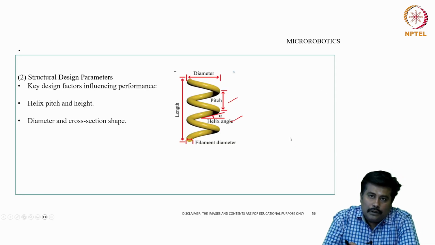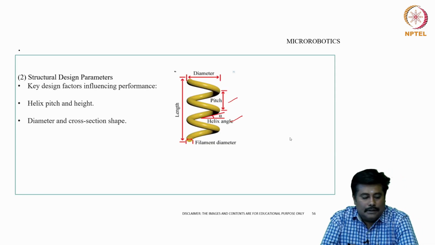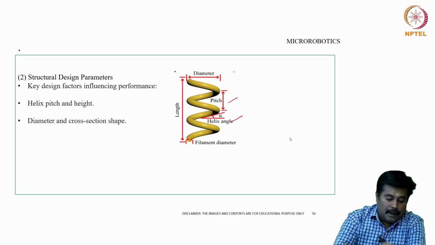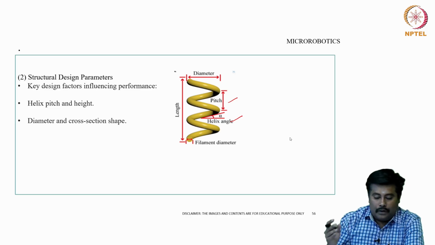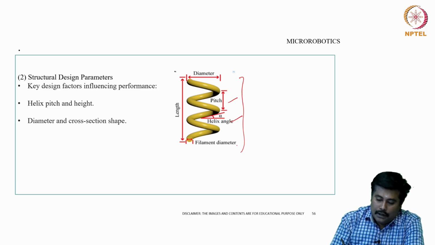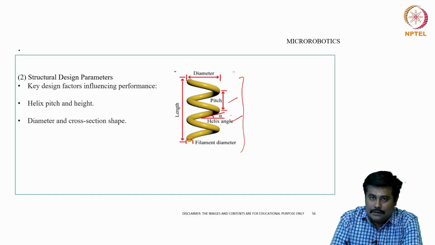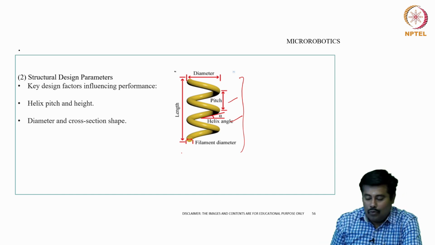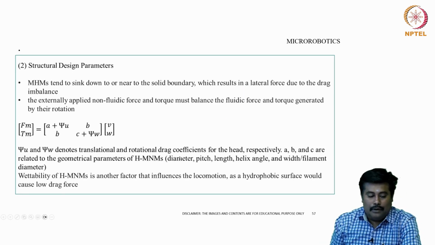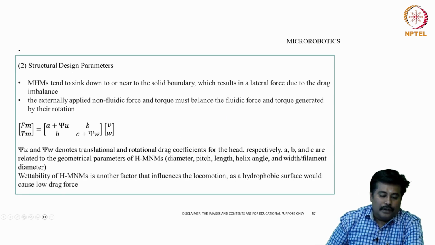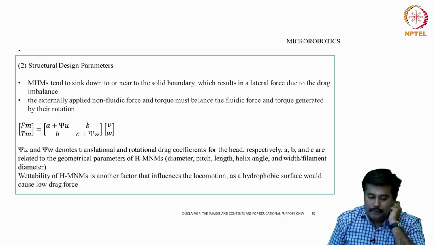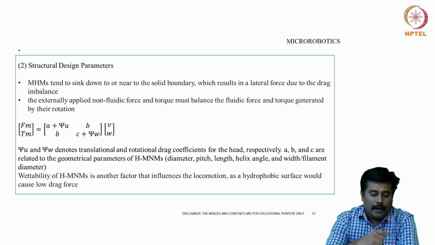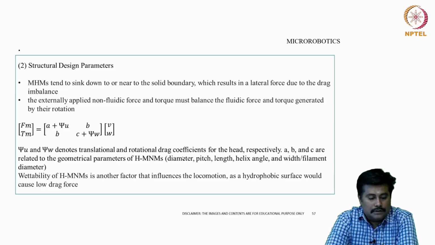When we look into the structural design parameters, the key design parameters influencing the performance are the helical pitch and height, the diameter and the cross section of the structure. This image gives us better clarity, where we have a filament diameter, a helix angle, a pitch, a diameter, and then the overall length. From the structural design perspective, this magnetic helical system tends to sink down